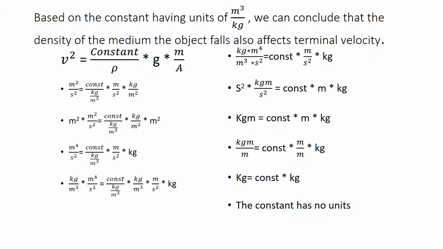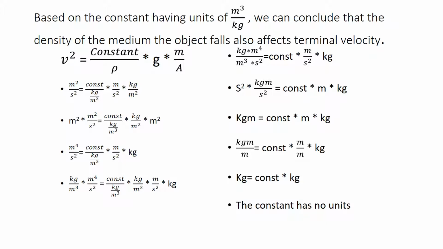But density is typically kilograms per cubic centimeters or cubic meters. So that's why we're going to put that in the numerator. We can conclude that the density of the medium the object falls through also affects terminal velocity. So then we have velocity squared equals constant divided by the density of the medium times gravity times mass divided